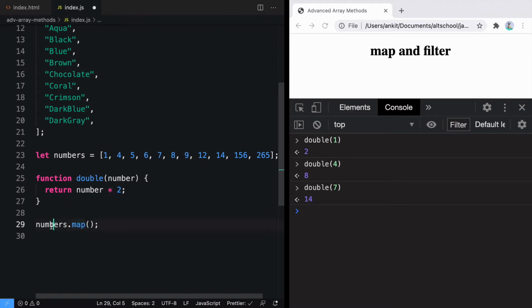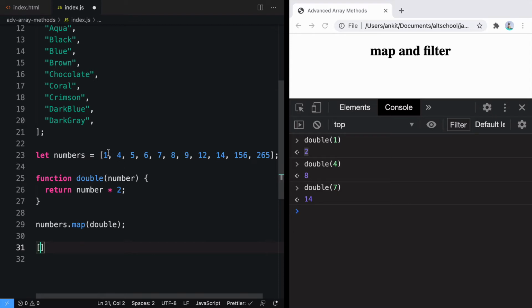So map can be applied on an array and it also accepts a callback function. Callback function is a function reference. So I can pass the double function reference. For each element of this array, call this function, and whatever is getting returned, think of it like when you pass 1 inside double, you get 2 as return value. So from this array, map will pass the first value inside double, and whatever will get returned, map will store that into an array.